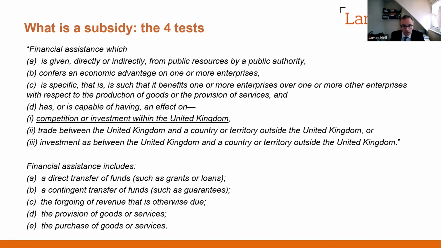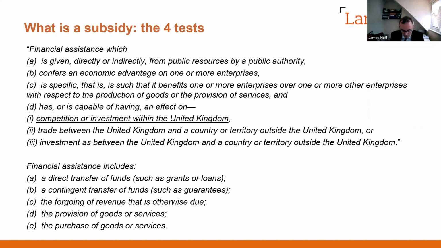For those of you that can remember, Article 107(1) refers to whether something's state aid. There are 4 requirements. It has to be aid in the sense of an economic advantage through state resources. There was a test of selectivity, i.e. favouring certain undertakings. And then the 4th test broadly mirrors, subject to the qualification I've already raised, limb D of the UK test.